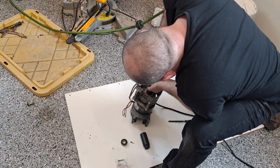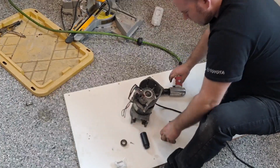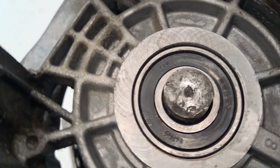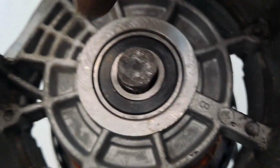Do a little more. Show you how we're working here. Alright, so as you can see, the bearing's going on. It's past that spot that I had to file. Looking clean. If you'll note, that inner race does not spin when I turn the bearing, because now the bearing